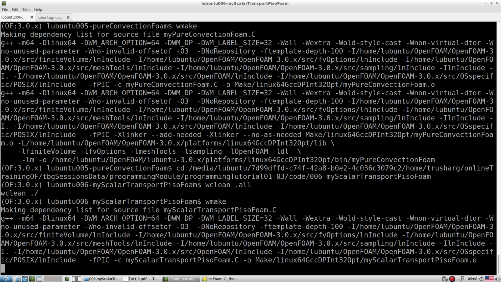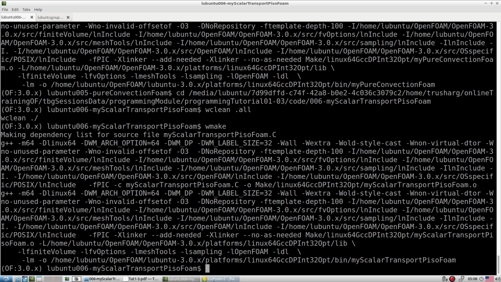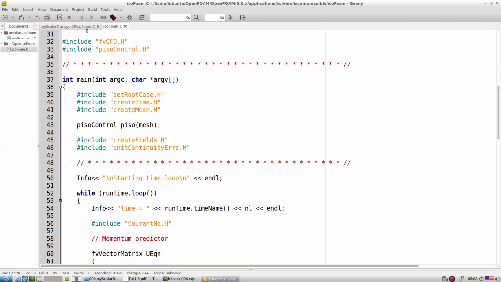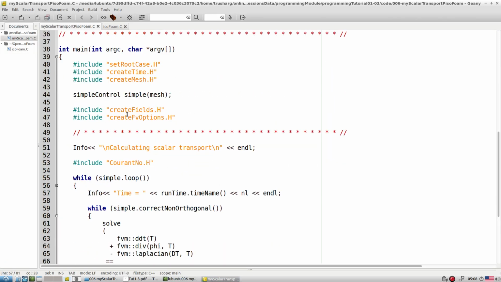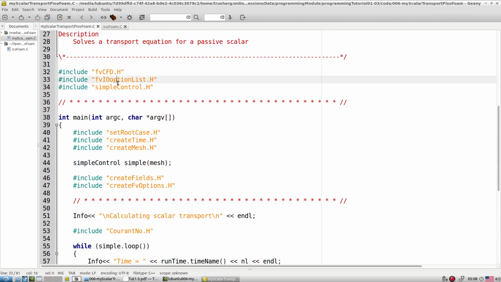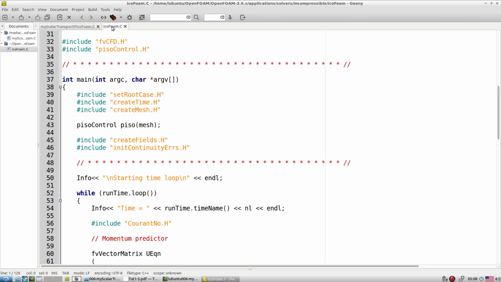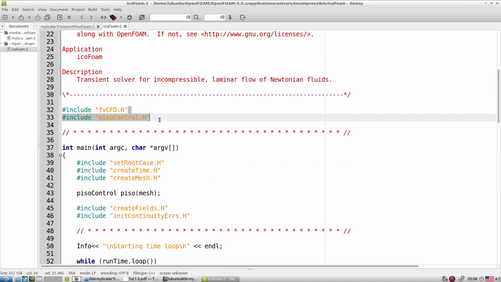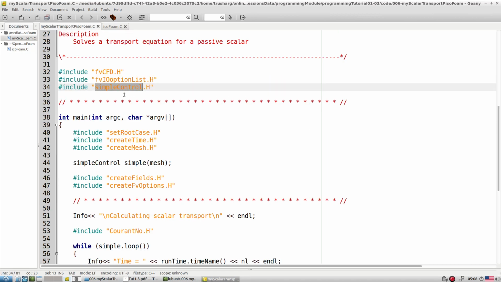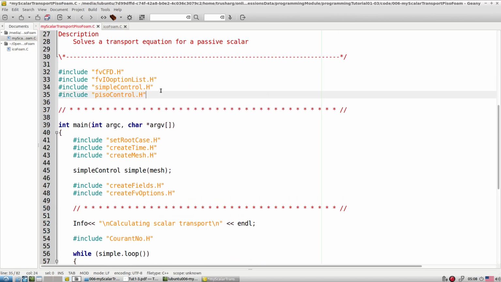We have the same equation, but we are changing the algorithm. Right now our algorithm is based on the simple control, so we want to change from simple to PISO control. So in place of the simple control, here we are using the PISO control, and we switch off the simple control.